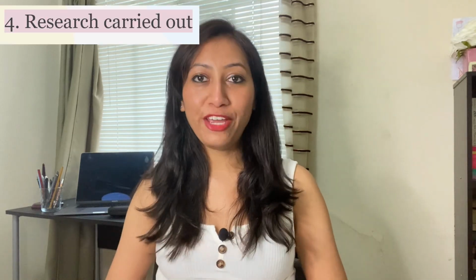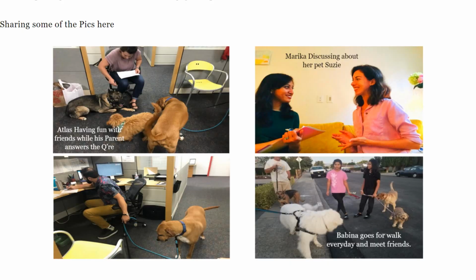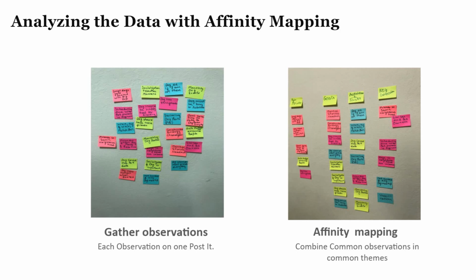Next is the section where you are going to include the kind of research that you carried out. You must have carried out a qualitative or a quantitative research, so you have to include all of that. You need to share who your users are, what their needs are, what were the problems that were faced by the user. Include any kind of, in fact, past research done, include competitive analysis and user research as well. Here you can see that I have also shared some of the pictures while I conducted my quantitative research.